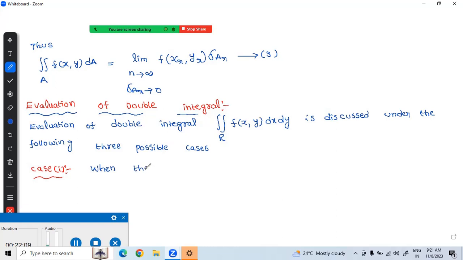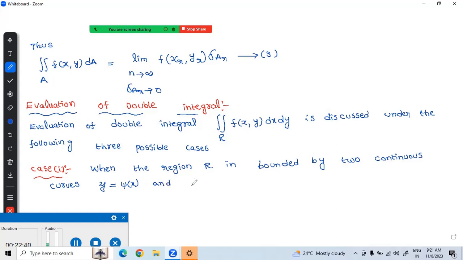When the region capital R is bounded by two continuous curves, y is equal to psi of x, and y is equal to pi of x, two curves, and the limits, means x coordinate or y coordinate, x is equal to a and x is equal to b, that means limits also. In such a case,